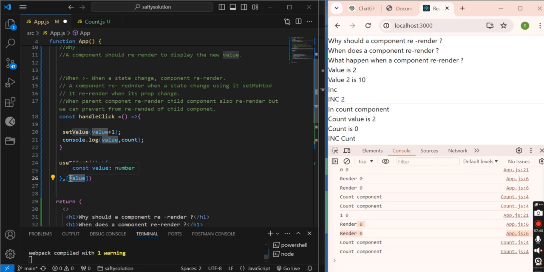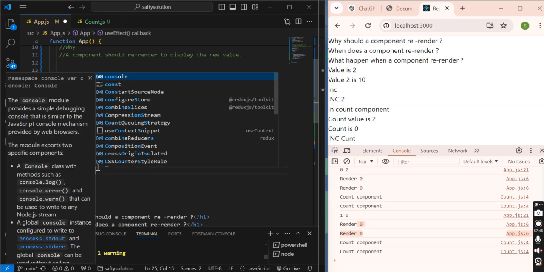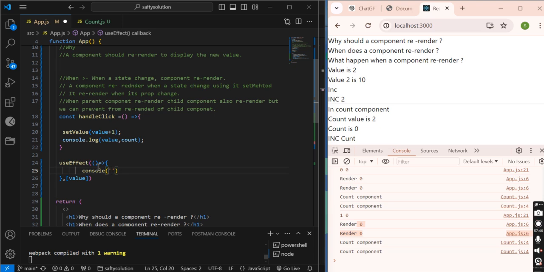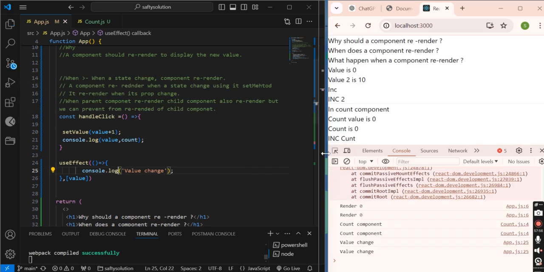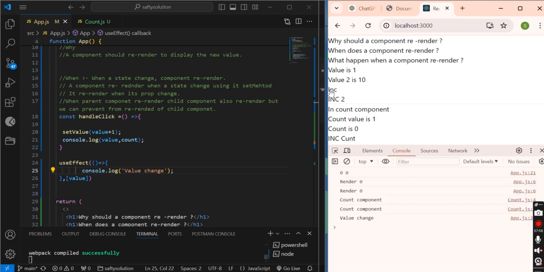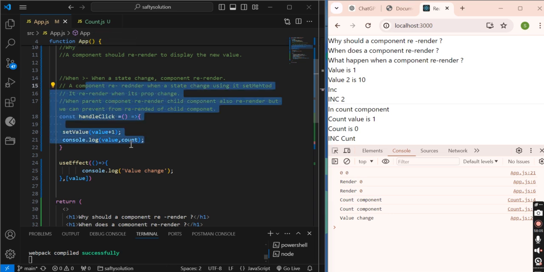Yes, if the value changes, then it will execute this function. Value changes, let me save it. And now console.log, and now see, I clicked, these all run, right?